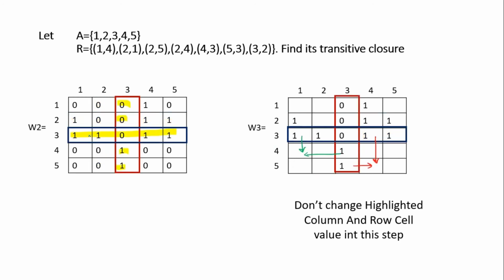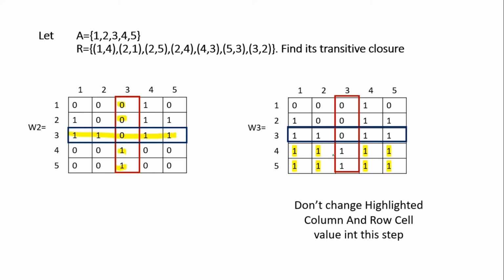For calculation of Warshall set 3, we will highlight the third row and third column of Warshall set 2. We will write all the entries of those into Warshall set 3, and the remaining part, where 1 is not present and 0 entries are present in the previous matrix, will be calculated by checking the corresponding highlighted row and column. So our final result for Warshall set 3 will be this.